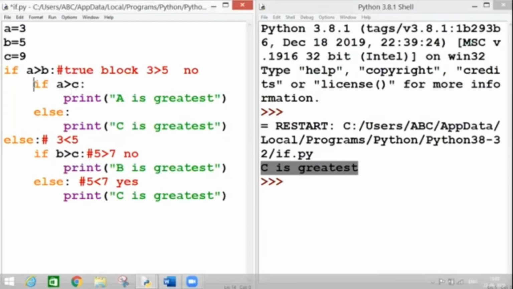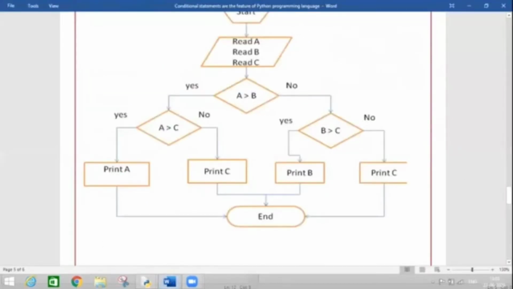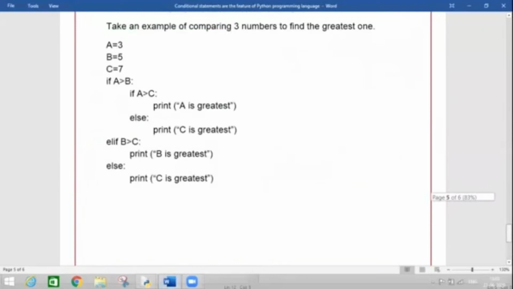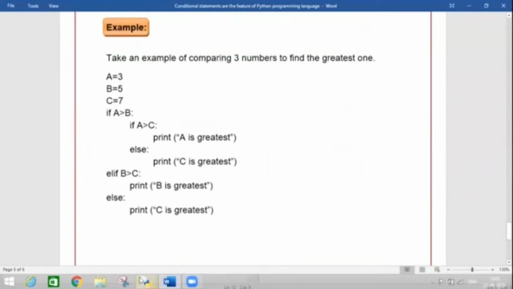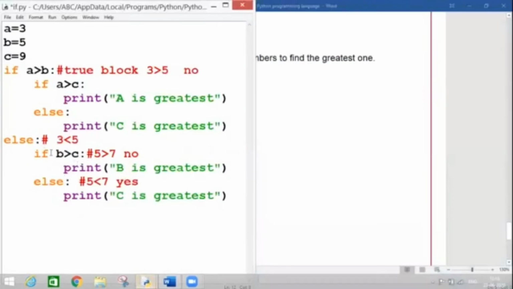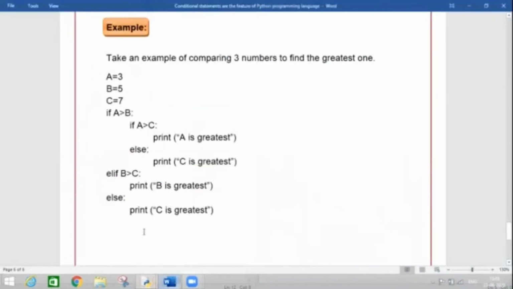So please understand this if is nested within this if. This if is nested within the else block. A statement within a statement is known as nesting of statements. And this is all about nesting of if. Similarly, this example is displayed. As in my example, I have written else and if separately. But in this example, I have combined these two, else and if together, to make it else if.